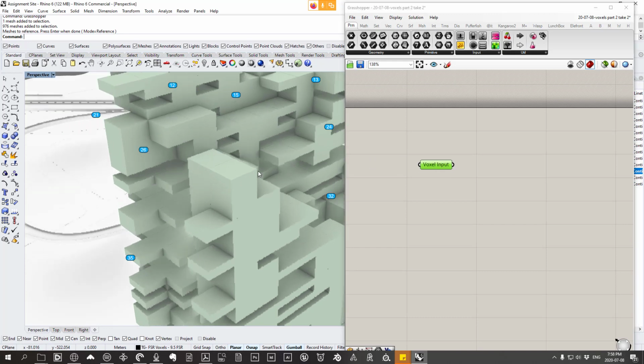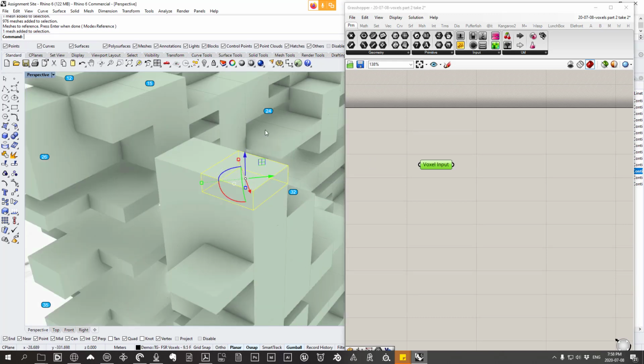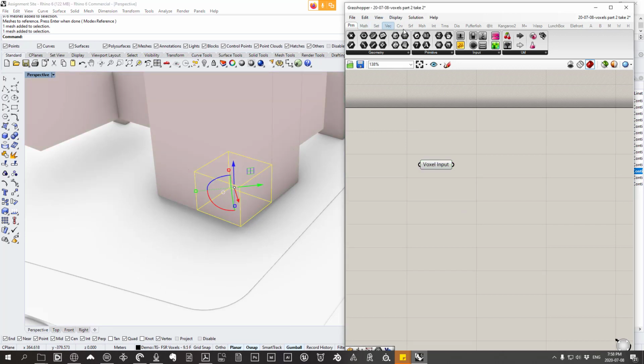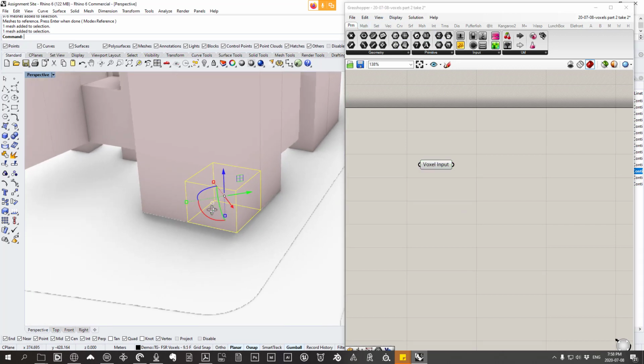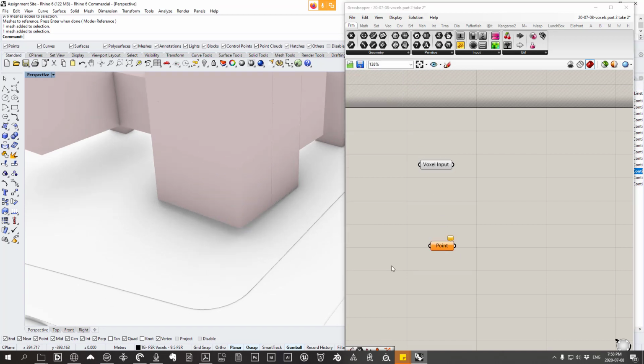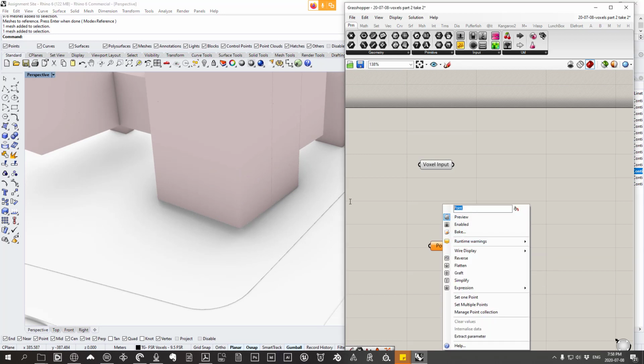But to create our plane, I'll show you another way of creating a plane. I'm going to go to Geometry, Point, put it on the canvas like so, right click this and call it bounding box points, and then call